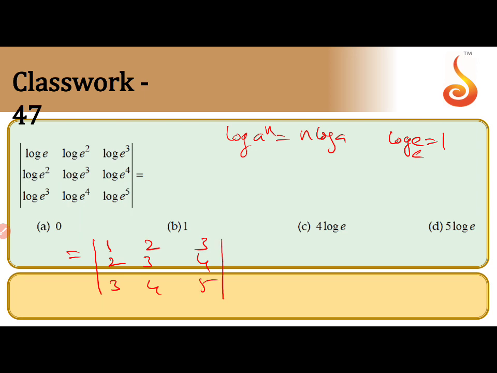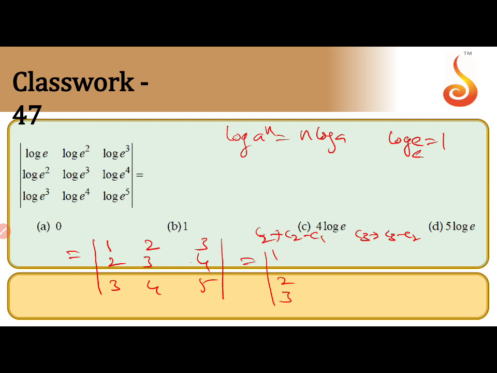You want to find the value of the determinant here. Now you can solve the question. You can also apply some properties. The difference will be what? One difference here, one difference here, and so on. You can apply C2 as C2 minus C1 and C3 as C3 minus C2. The value of the determinant: the first column is the same.